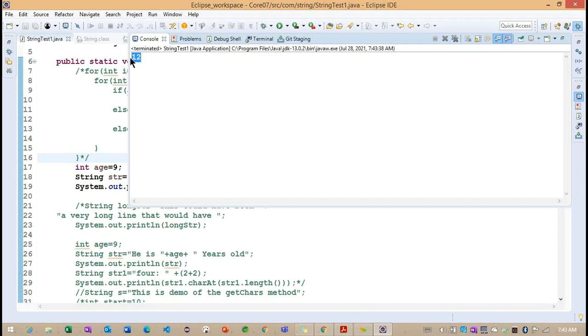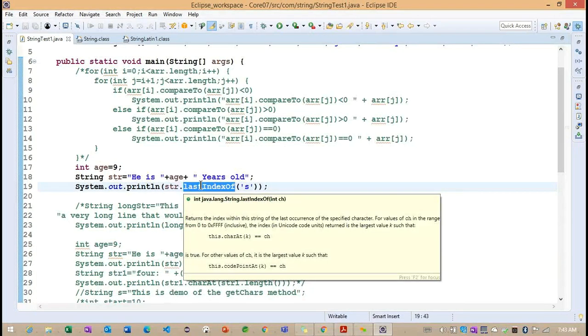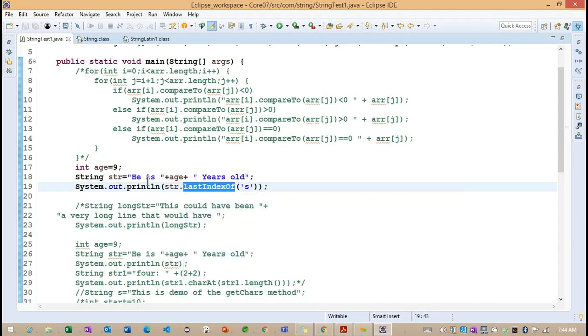So why are we getting 12 now? Basically, we are trying to find out the last index value of the given character. Getting the point? We need to understand what the last index value of the particular given character is.